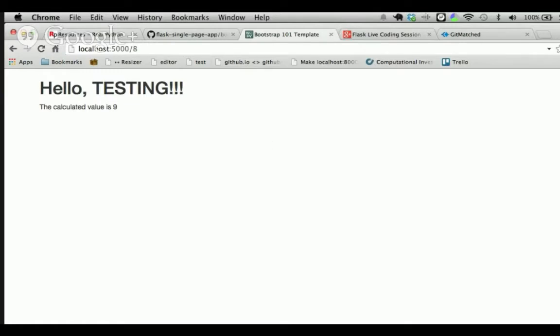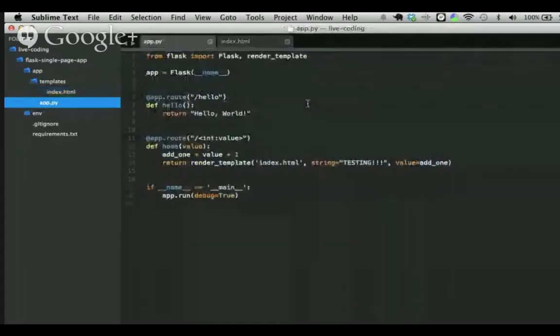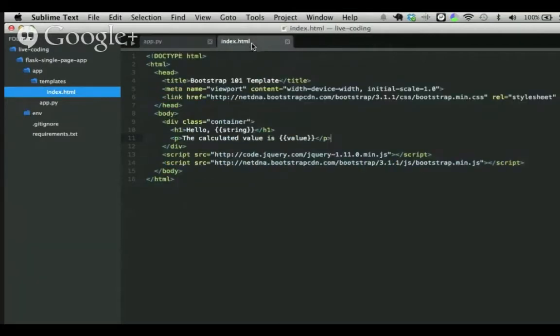So if we go back to Sublime Text, so basically we're sending 8 as a query parameter, and then within our views here, we're grabbing that value, passing it into the function here. We're adding 1 to it, and then we're passing it back as an argument to the template, and then we're rendering it right here.